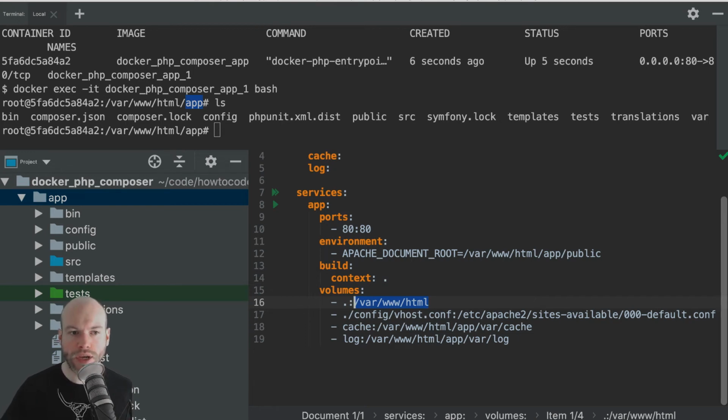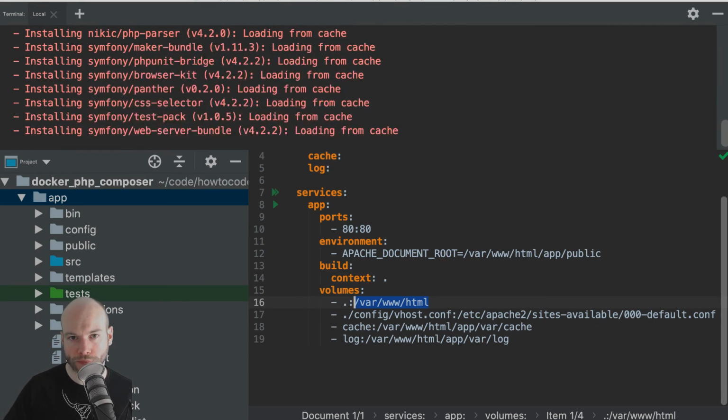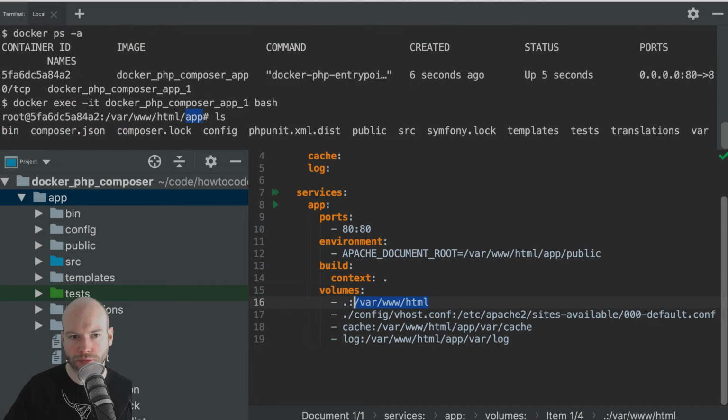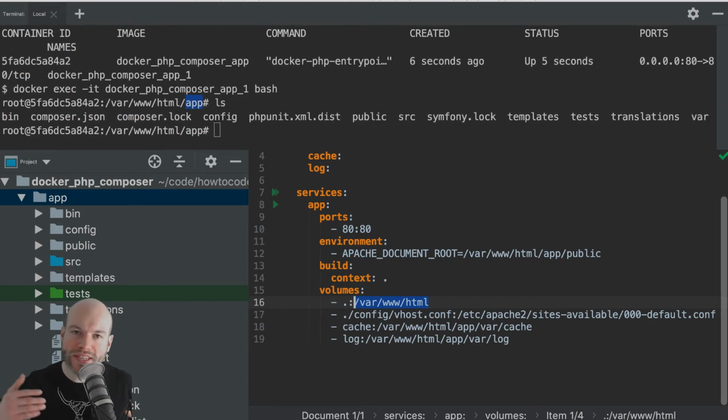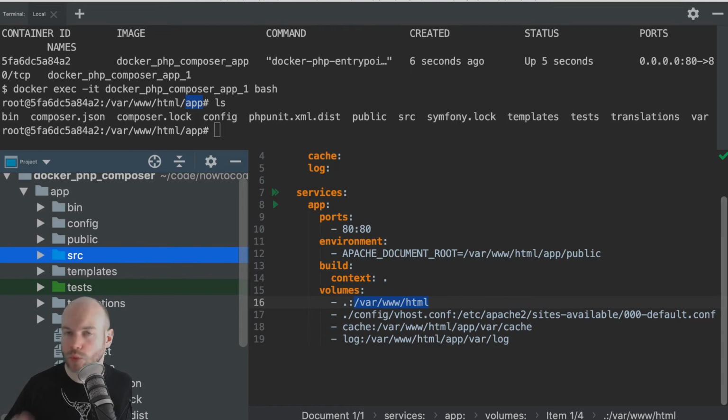So yes, we installed all the Symfony stuff within the image. Sure, fine, no problem. However, when we did an up, what we did is we overwrote that vendor directory with what we have in our bind mount. And in the bind mount, in the host machine, we don't have vendor. So that was removed. That just didn't exist.